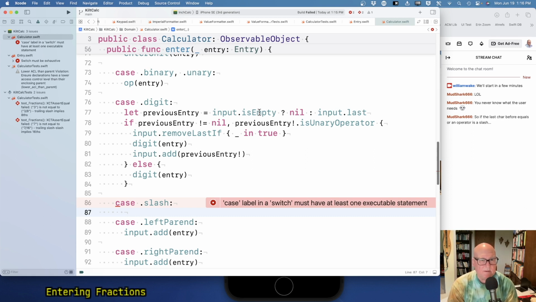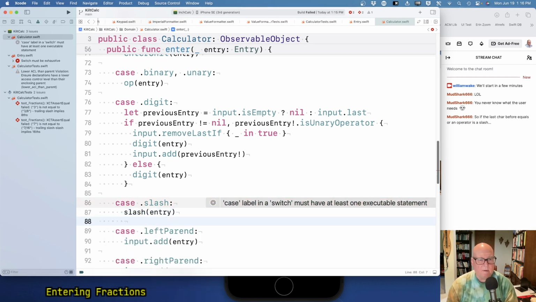That's the operator stuff. Okay, I think we're just going to do slash of entry. Can we do that? Actually, I don't even think we need that. We just need,